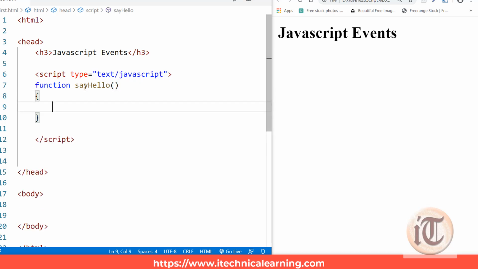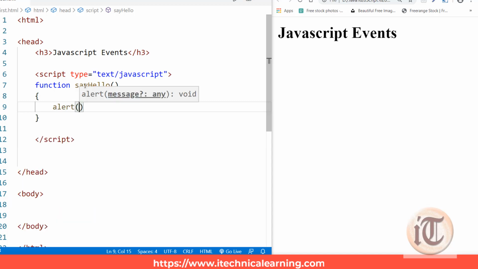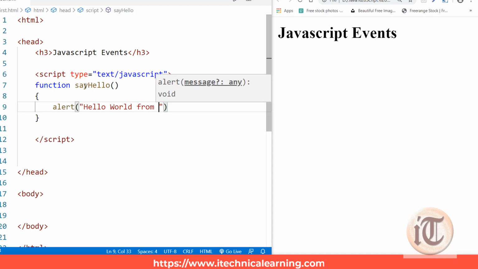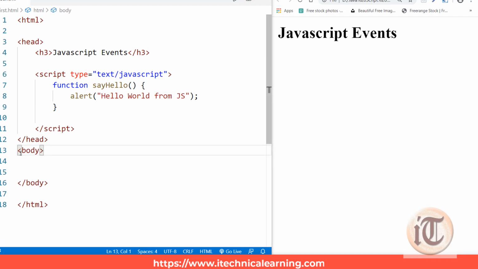This say hello function should generate an alert saying hello world from JavaScript. Okay, this is very basic code.